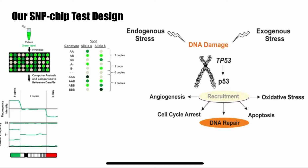TP53 produces the P53 protein, a tumor suppressor that maintains genomic stability. The P53 protein helps prevent harmful mutations by repairing DNA, controlling cell division, and initiating cell death if damage is beyond repair. When mutated, it can no longer control cell growth, effectively leading to cancer. TP53 mutations are some of the most common genetic changes in cancer, including breast cancer, occurring in 15% to 71% of cases. The RS1042522 SNP affects how well P53 binds to DNA and activates genes needed for DNA repair. People with certain versions of the SNP may have a reduced ability to fix DNA damage,